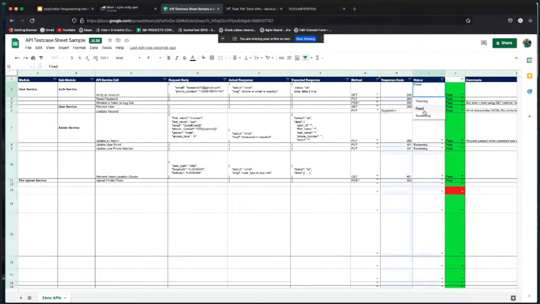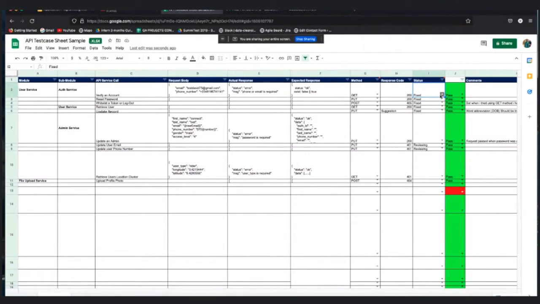Once I mark it as failed, on this status, when the issue is fixed, you can come here and click on fixed or pending or reviewing. If this request fails, I will click here and say failed, and give a status of reviewing, so the developer can use it.